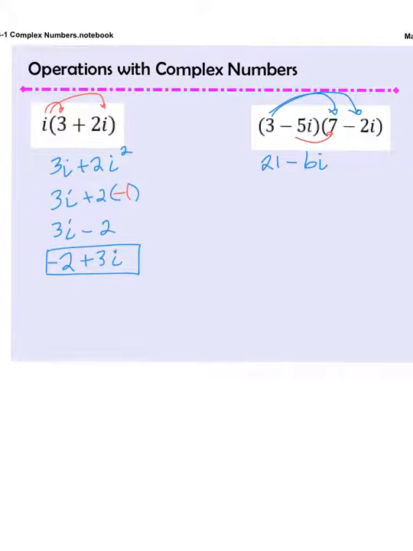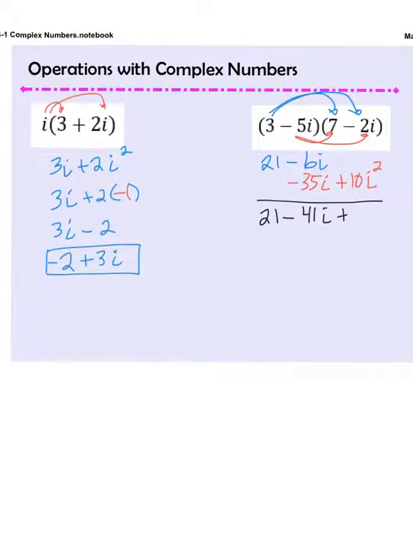Negative 5i times 7 is negative 35i. Negative times a negative is a positive. 5 times 2 is 10. I times I is I squared. And then we are going to collect like terms, so we get 21 minus 41i